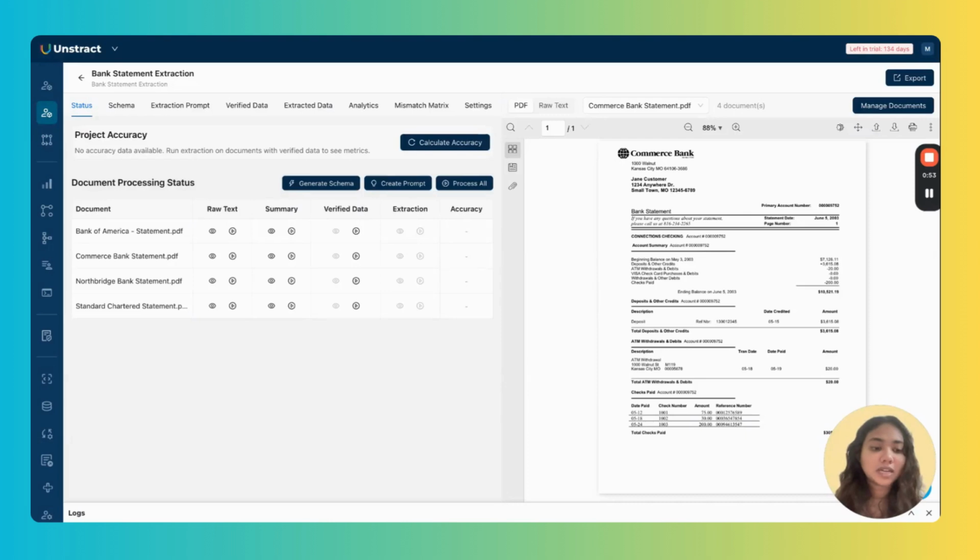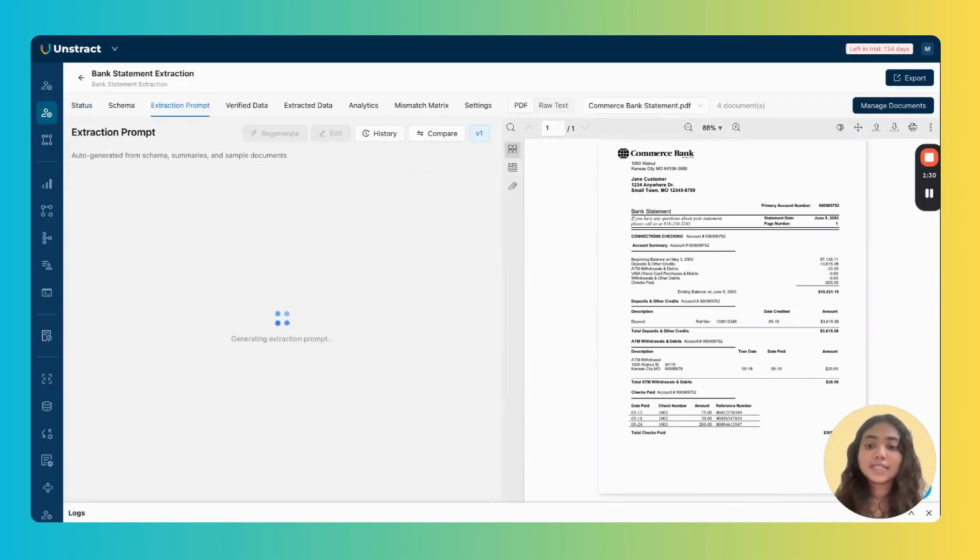Now we'll just give it some time for it to generate the prompt. Now, this is also an important stage because prompt engineering, when you have to account for all these different aspects, can take days and days of manual effort, which has now been brought to just a few minutes automated by the Agentic Prompt Studio. You can see that the prompt is still being generated, and this will take you a couple of minutes.